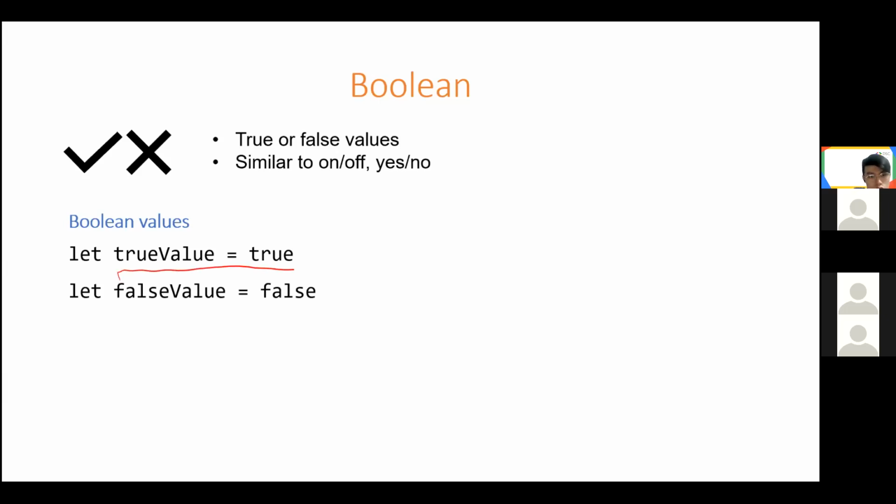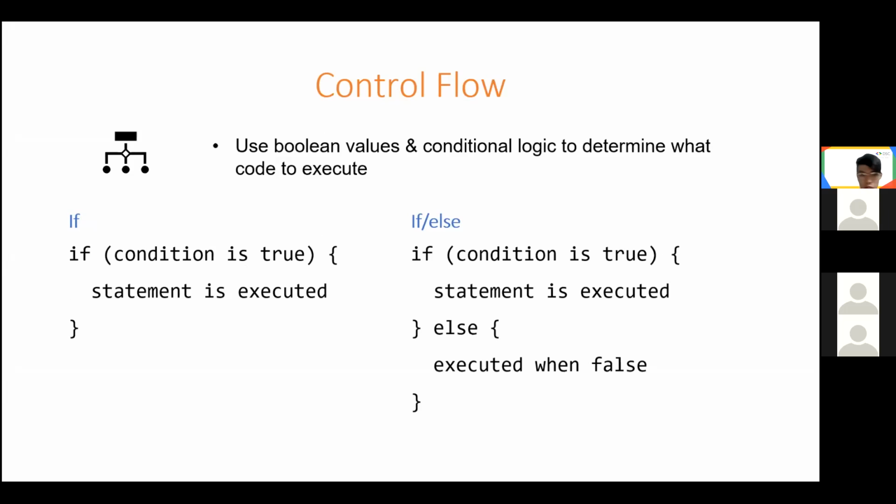Here it's a very simple variable initialization, and I'm initializing it to true. You notice I have no quotation mark here, which makes it not a string. This true word here is an actual data value that is recognized by JavaScript. So how do we use Boolean values? We use something called control flow. Control flow basically means what part of the code you want to execute, according to some kind of